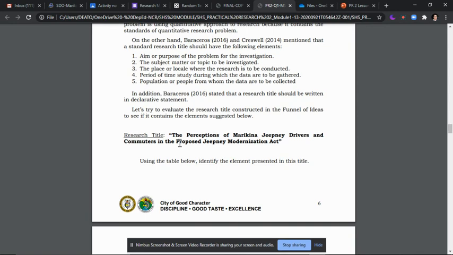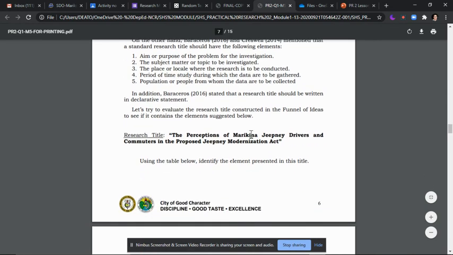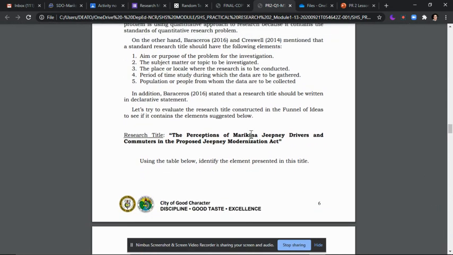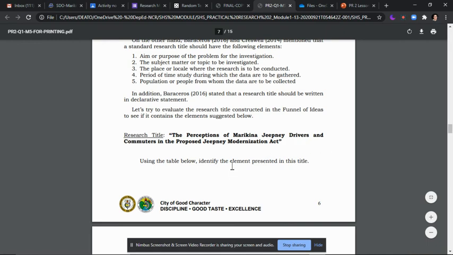Kasi proposed pa lang. Kaya siya naging dependent variable, tama pala ito, yung proposed Jeepney Modernization Act kasi susunod yung magiging results ng study ay magiging basis for Jeepney Modernization Act.